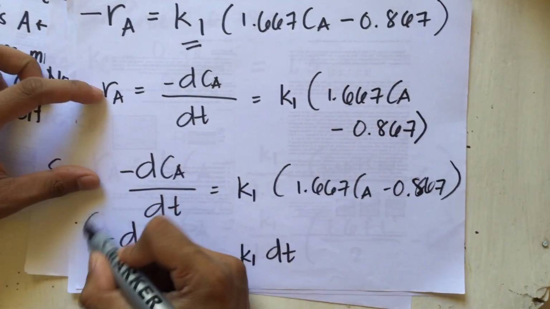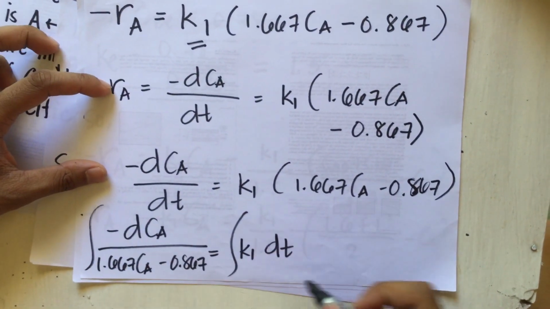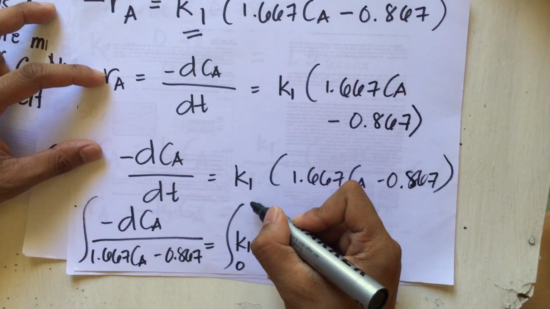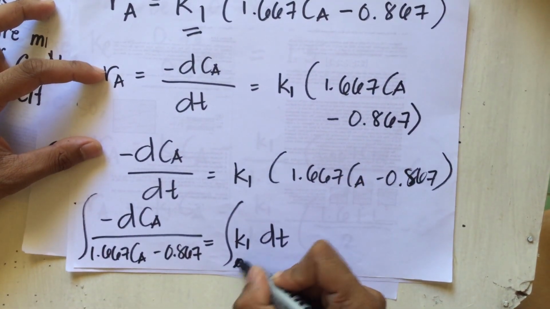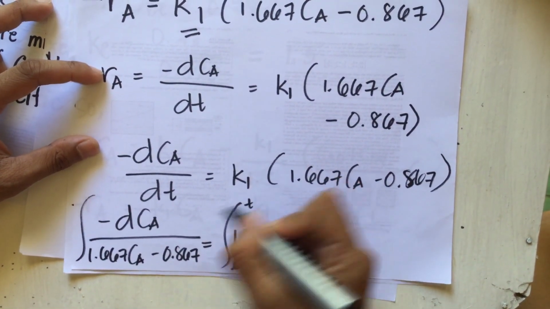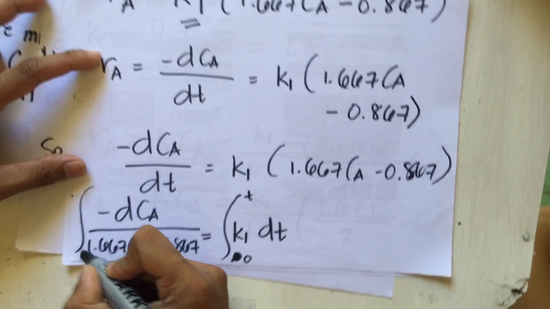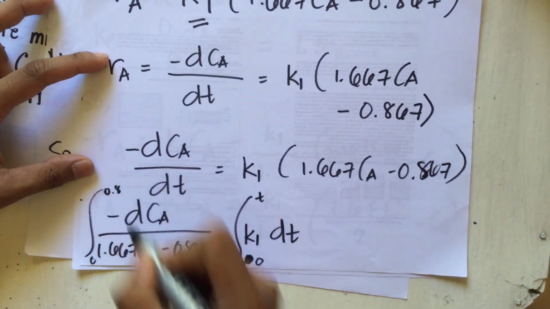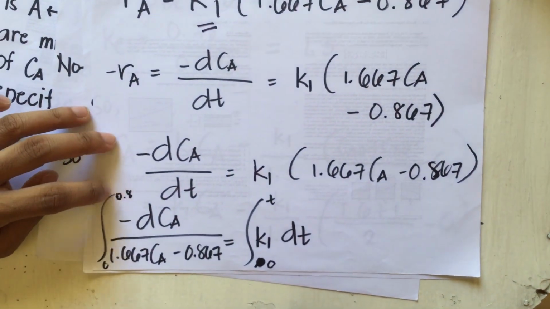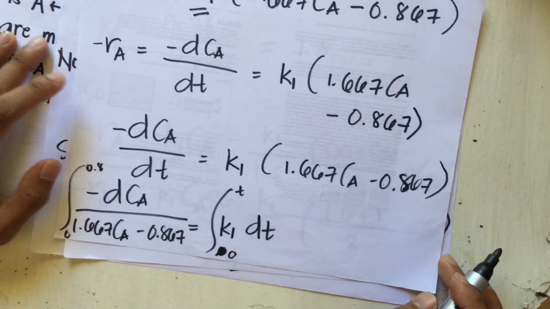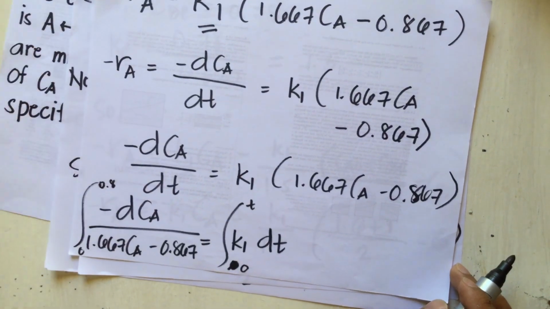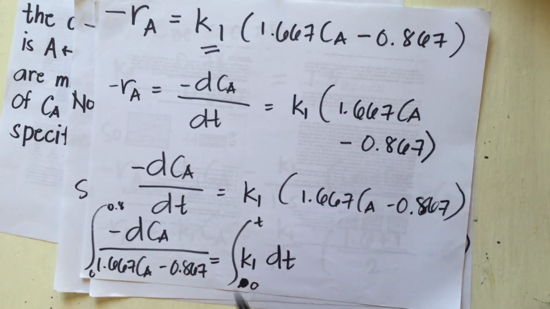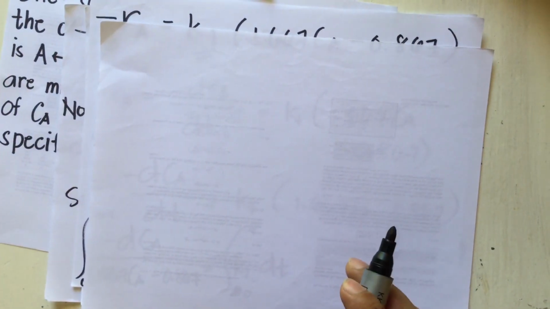Now integrating this, from 0 to T, and this from 0 to 0.8, because 0.8 is our initial concentration of A, because we divide 1.6 by 2 to denote the initial concentration of A. So after integrating that, we get